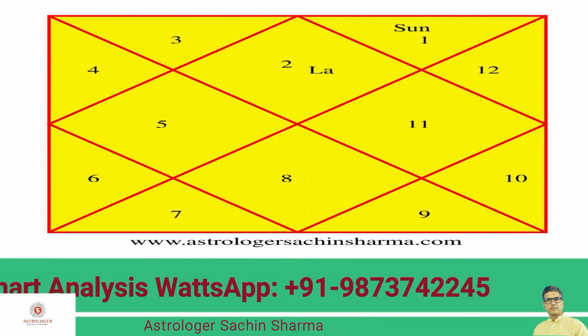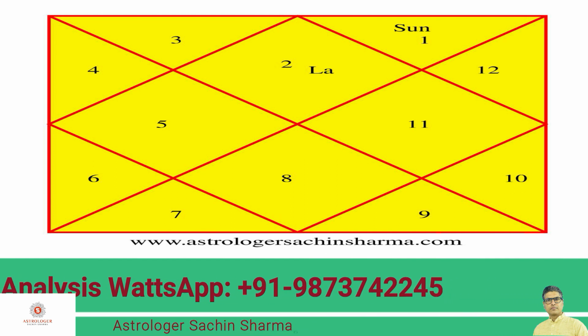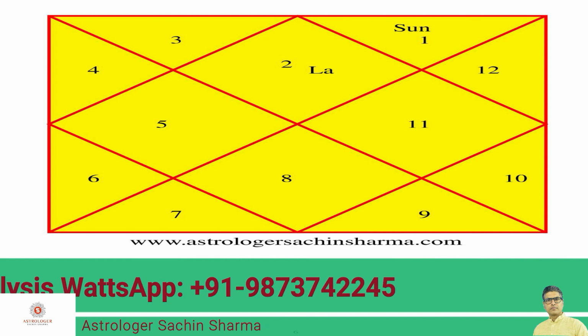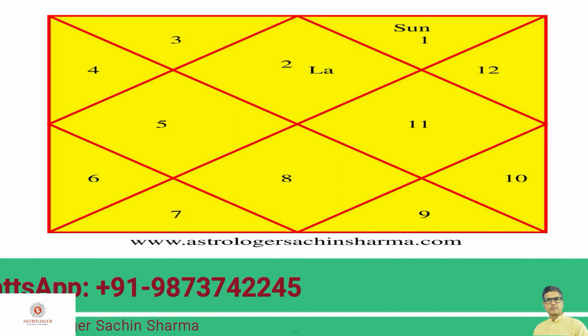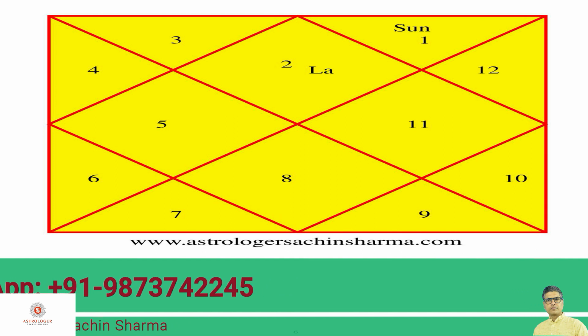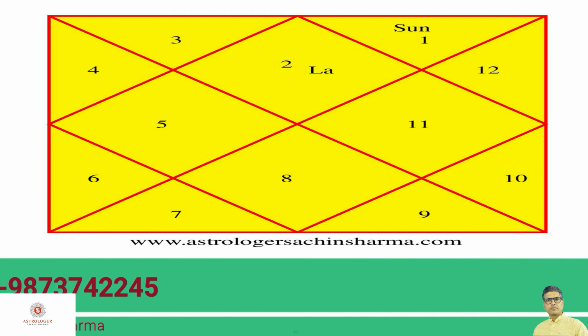And placement of Sun in these houses, that means the second house, the third house, sixth house, seventh house, eighth house and 12th house is not considered a good placement. You have to note this, as houses number 2 and 7 is not considered good for Sun, for other planets it is not the case. So always remember for the case of Sun.